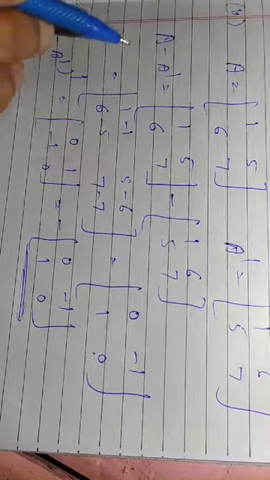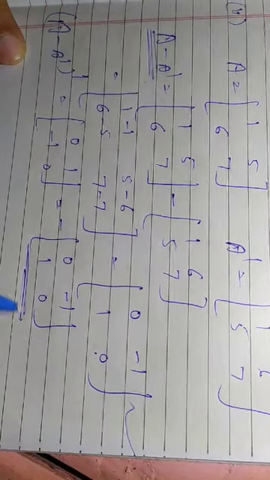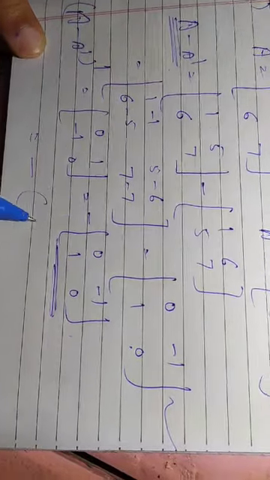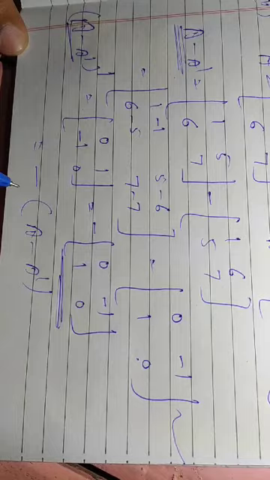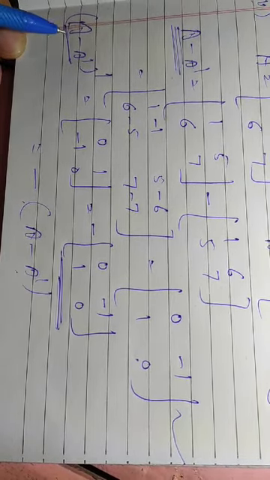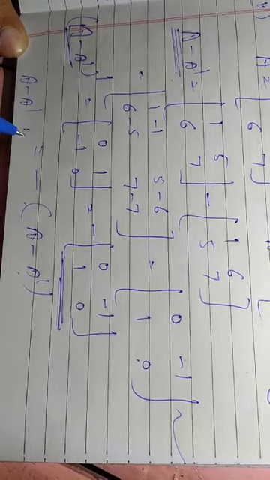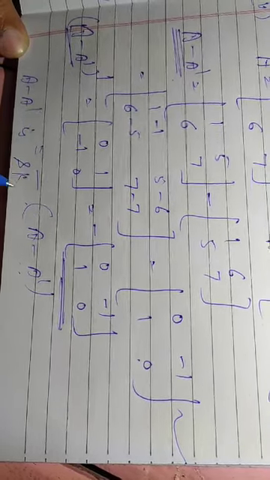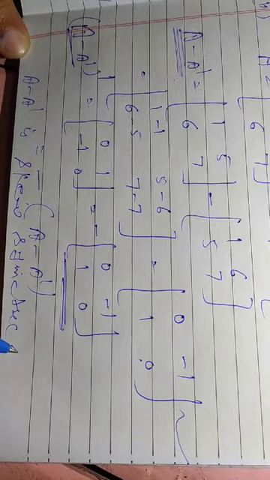This matrix is the same as minus of A minus A dash matrix. If the transpose of a matrix is negative of it, then it is called a skew symmetric matrix. Hence, A minus A transpose is a skew symmetric matrix.